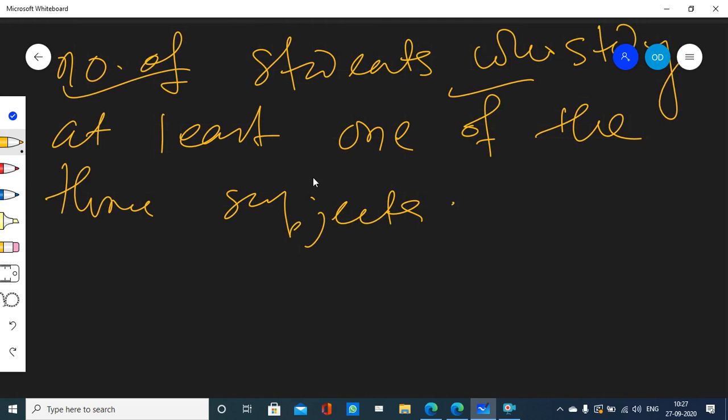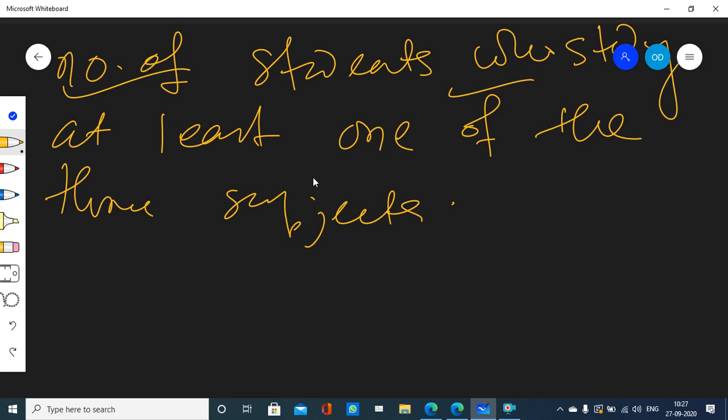अच्छा, कौन मुझे बताएगा at least one of the language का मतलब क्या होता है? कम से कम एक subject, right? कम से कम एक मतलब एक या फिर एक से ज़्यादा हो सकता है, लेकिन एक से कम नहीं होना चाहिए. मतलब जो लोग सिर्फ एक सब्जेक्ट पढ़ रहे हैं, जो लोग दो सब्जेक्ट पढ़ रहे हैं, फिजिक्स केमिस्ट्री पढ़ रहे हैं लेकिन मैथ नहीं, और वो लोग जो तीनों के तीनों पढ़ लेते हैं, वो सबको मिलाना है हमें, राइट?